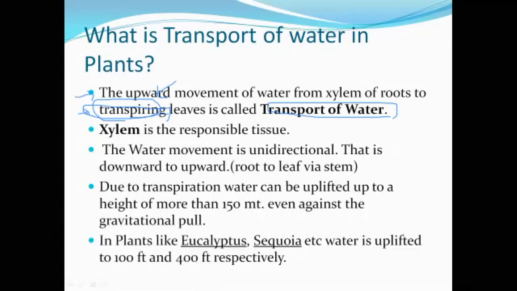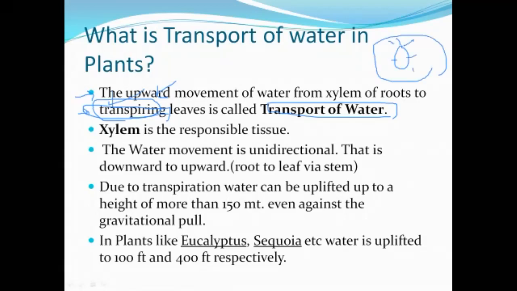Because of the transpiration force, I have already discussed in passive absorption that for absorption, transpiration is crucial. Similarly, I also told you that in transport too, transpiration plays the most important role. Transpiration is the process of evaporation of water from the surface of leaves, mainly through the stomata, by the effect of sunlight. Whenever the water diffuses out into the environment due to the influence of the sun, that process is called transpiration.